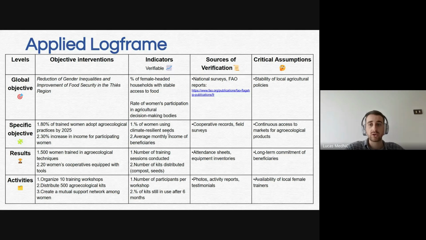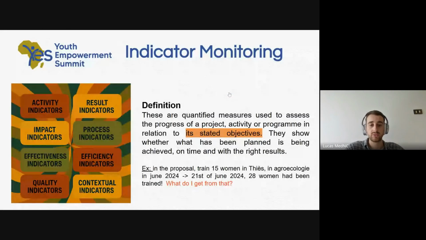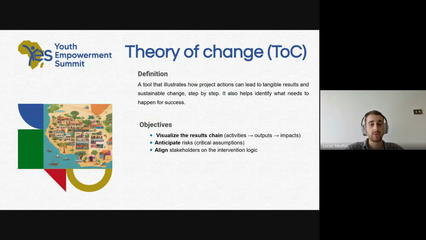We talked about how we can verify the indicators, how we can measure, but we didn't talk about the risk, and we didn't talk about the stakeholders. So who are we going to include inside our project, in an intervention logic? That will make us build a project that is smarter and has more impact. So I would say those are the two new things from the theory of change that it adds to the logical frame: anticipate the risks and align stakeholders on your intervention logic.